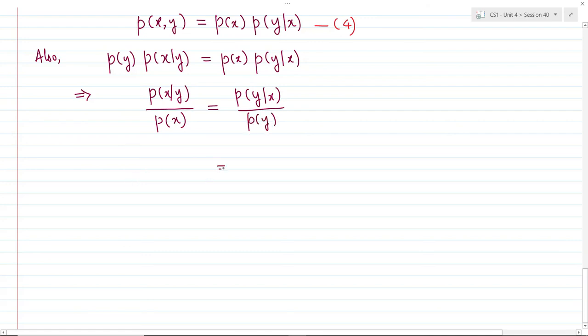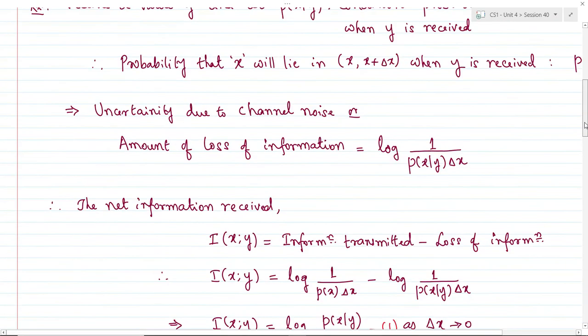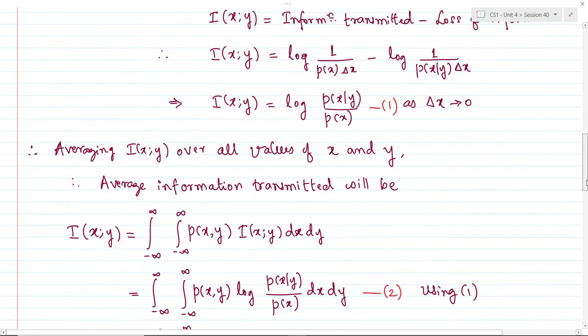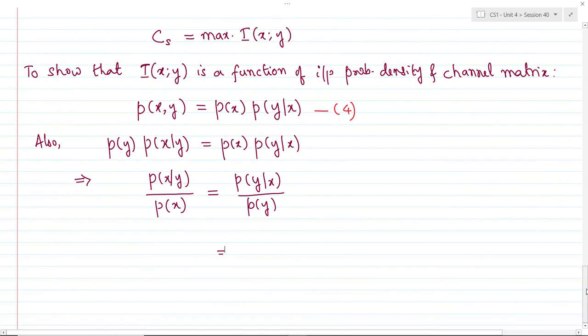Okay, so this rearrangement is due to the fact that we have got a quantity of probability x given y over probability of x in equation 1 itself. So as you can see, in equation 1 we have a ratio of p of x given y over p of x. Let me try to replace that quantity with p of y given x over